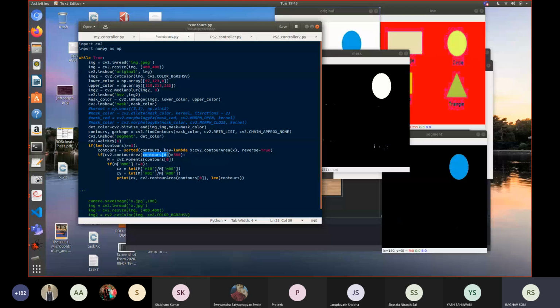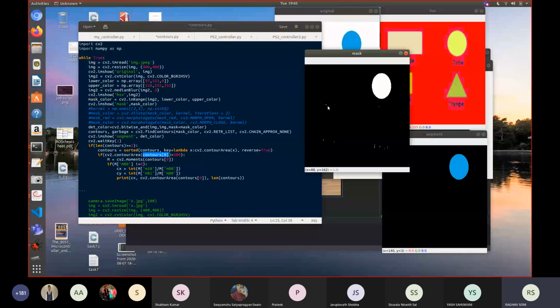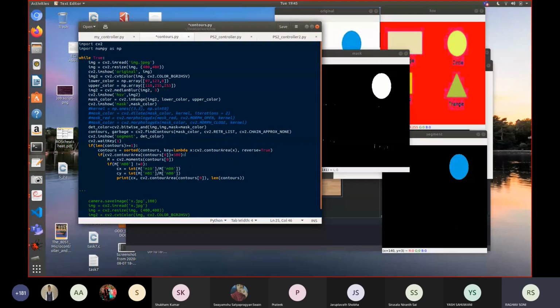This is the contour that I want to use, because if I see this image, my noise will be very small. In most cases, if you are doing thresholding right, the noise would be very small in images, and your contour would be a big one. So another condition I'm using to filter the noise is that the area of my biggest contour must be bigger than 500. This 500 is a random value that you can choose based on experimentation. Here I printed this area and saw that the contour is being detected in the mask, and the area was coming around 4000 or 5000.